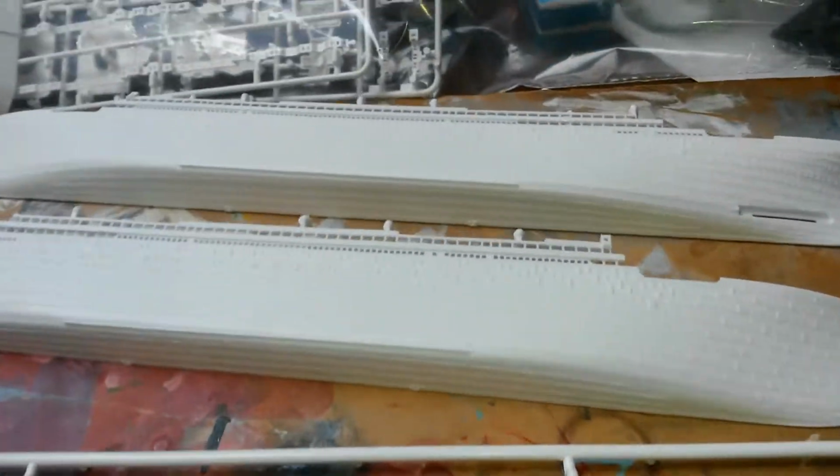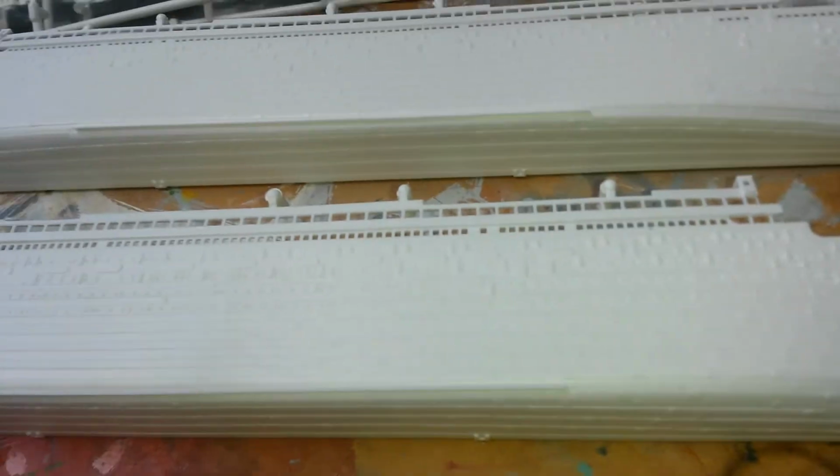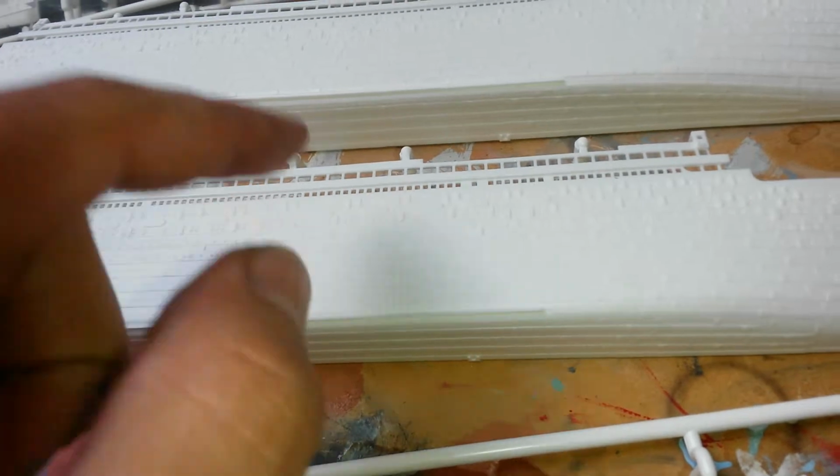Well, I say that's why, but it means I have to get two more of these in this scale, because I don't have the right scale. I actually don't have any kit that is 1 in 700. I have a few larger ones, obviously, but...